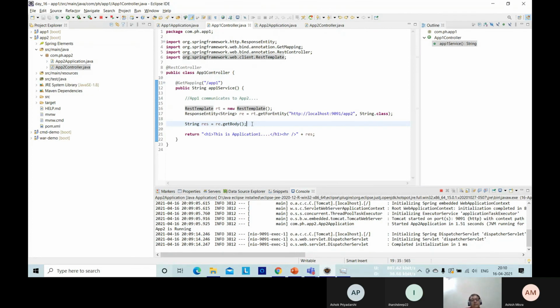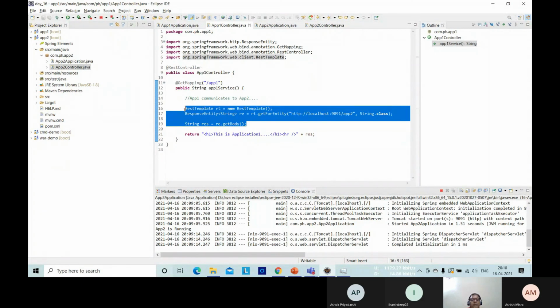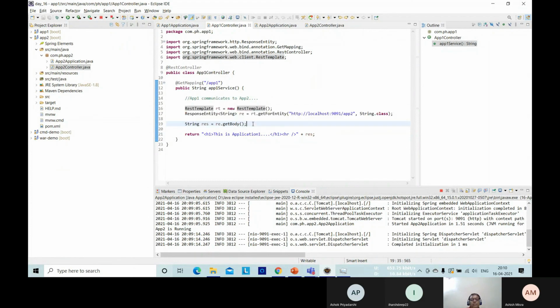Now here, to solve this problem, this kind of communication technique was used earlier, before microservices came into the picture. Before microservices, we used to do this kind of communication, which I have done here.